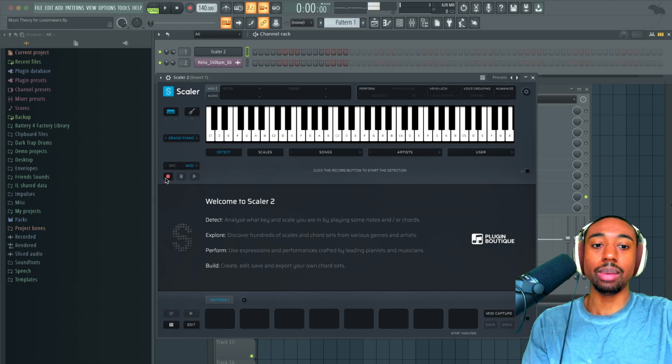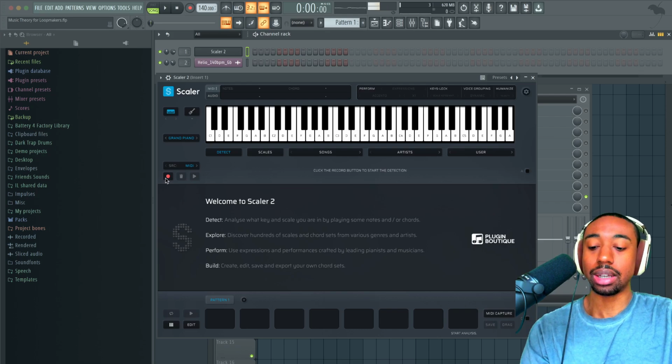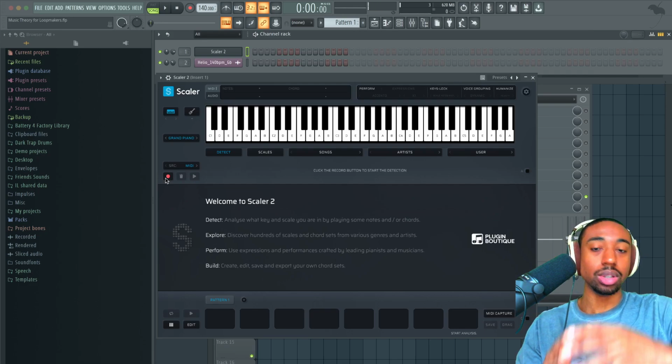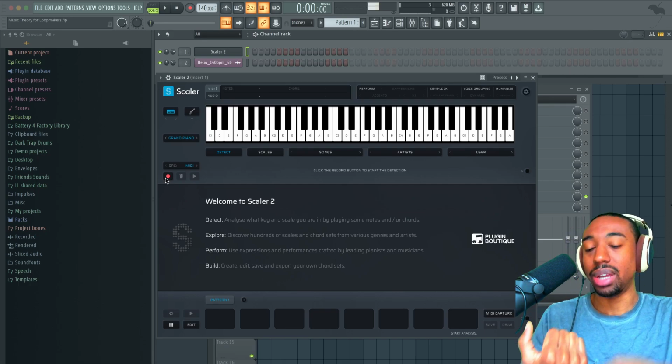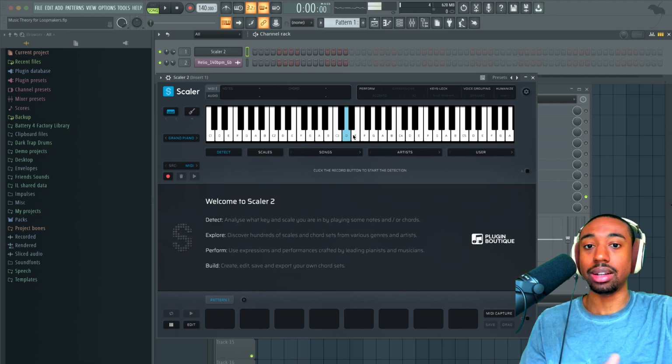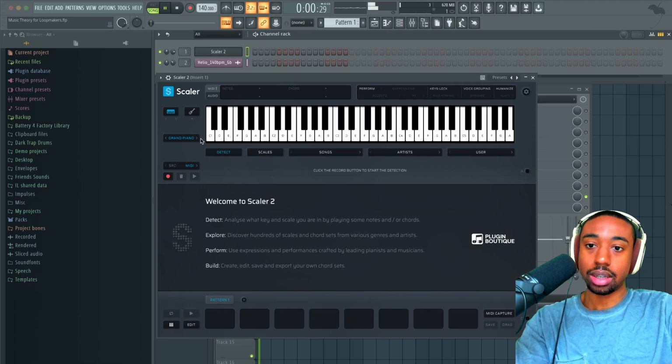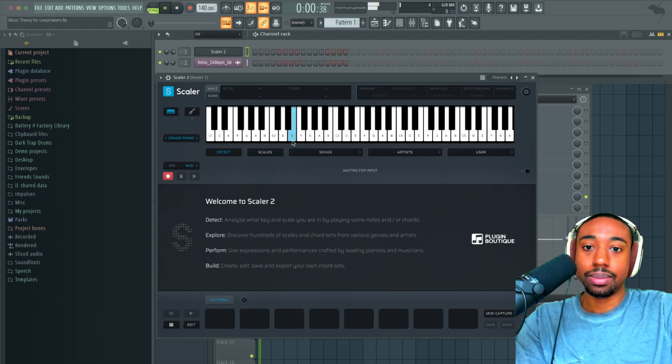Also keep in mind the tuning. It's just like when I pick up a guitar, I have to tune it. Sometimes stuff is not tuned to 440 hertz or to concert pitch, so no matter what key you play, it'll sound out of key. So sometimes you have to understand tuning as well. So we're going to hit record.